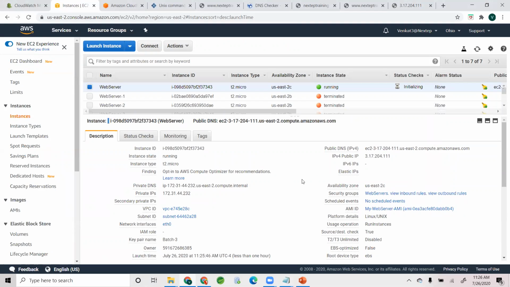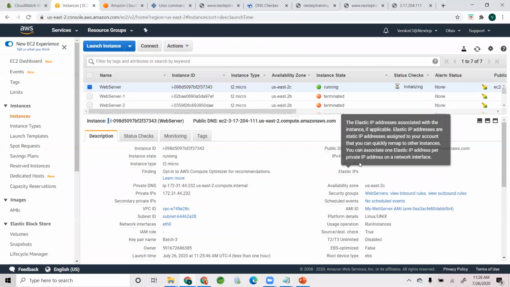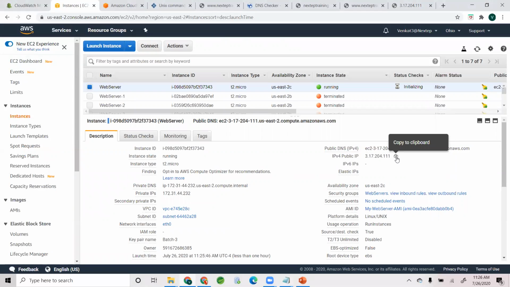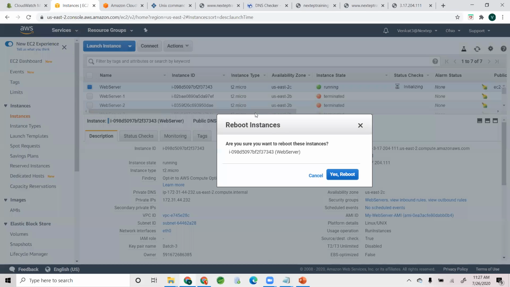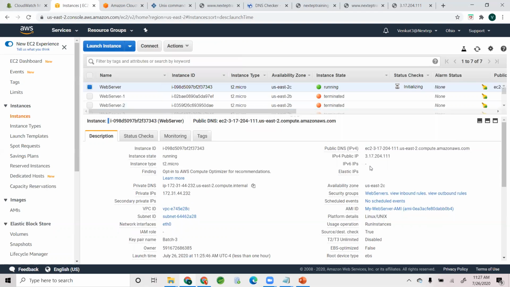So now, if I give this in my Route 53, what happens? It will actively serve my website. My nextsteptraining.com will serve the content. Right? No problem. Beautiful. The problem is, if I do an instance state, let's say reboot, observe this IP address, okay? So if I reboot this instance for whatever the reason,